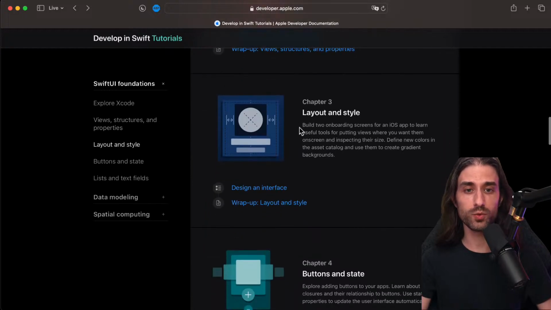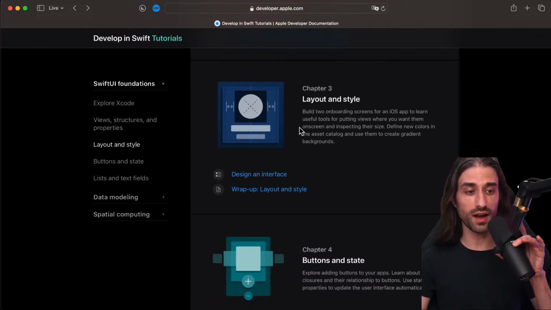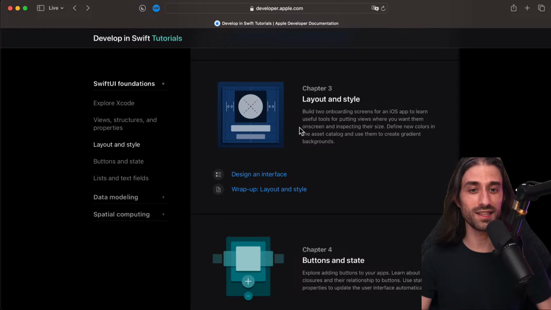Then in the second part, we covered chapter 3, which was quite long, longer than I expected, if you remember. And it was about how to lay out and style your view. So we had learned how to position text and images, but in this chapter, we learn how to position them more precisely to fit the constraint of an actual layout where you will want to maybe center things, put an amount of space before and after, all of this stuff, and also style.